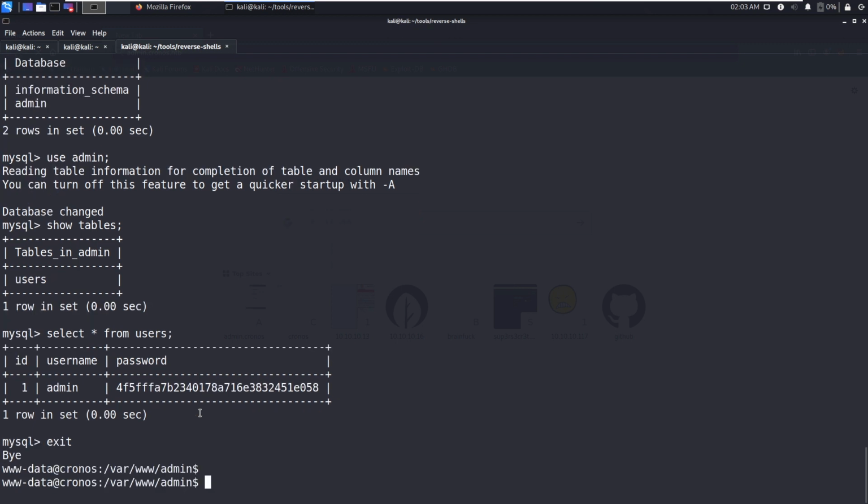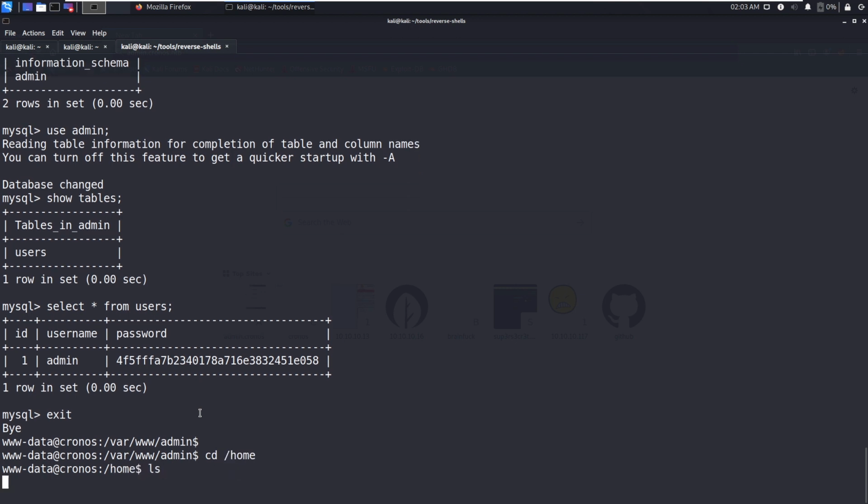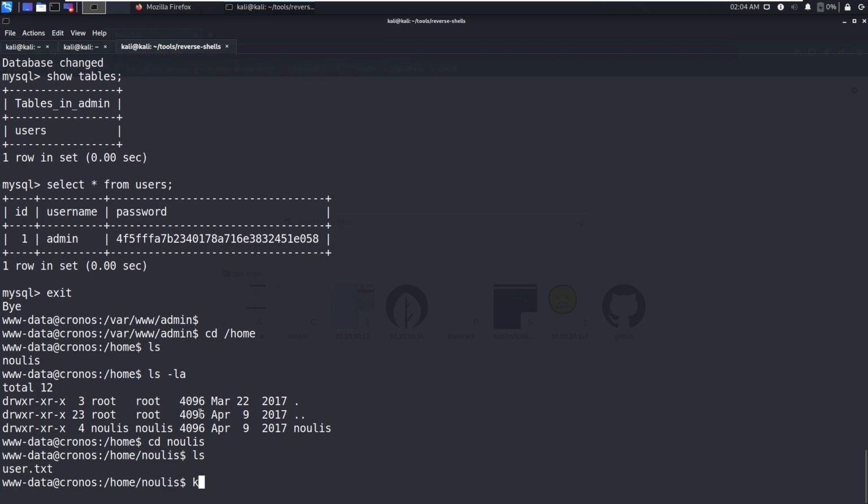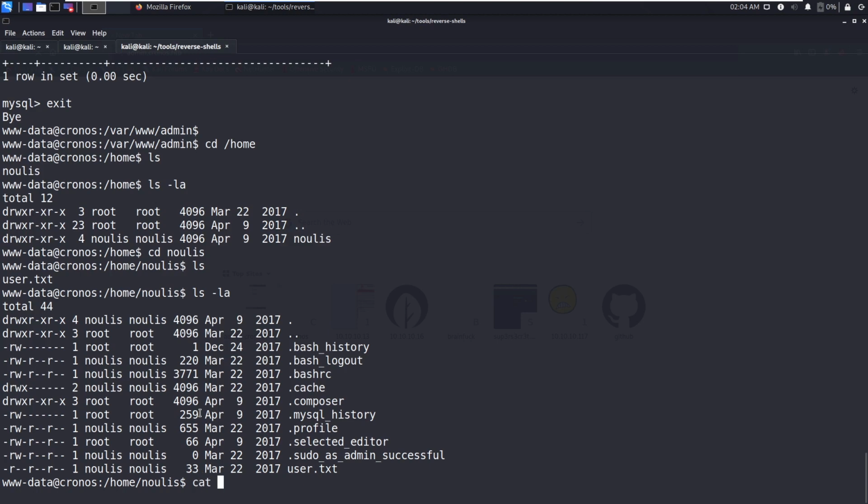Exit this one. cd home, ls -a, cd noulis. So there is a noulis user. ls -la, and cat user. So we can read the user.txt, and there is nothing much important here.